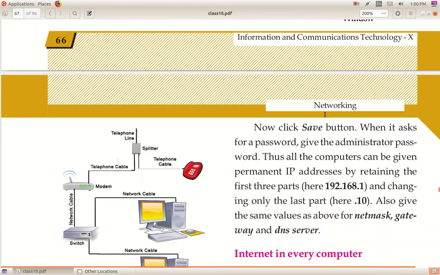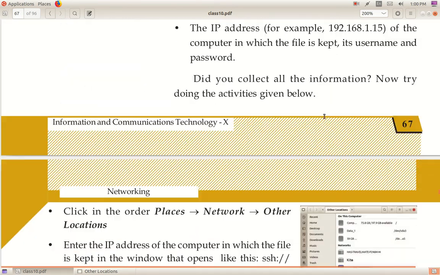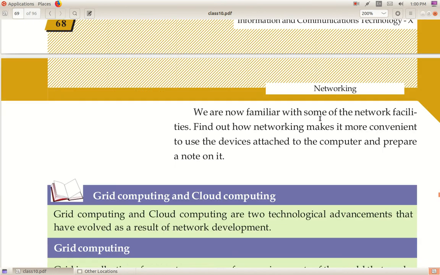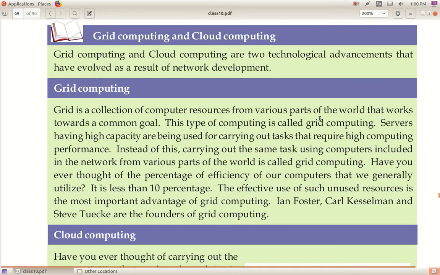Now coming to an important part, the last part, that is grid computing and cloud computing. Nowadays the internet mostly uses these two technologies, grid computing and cloud computing. What is grid computing?